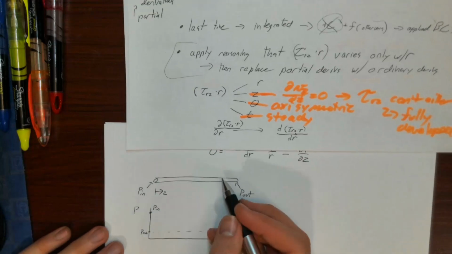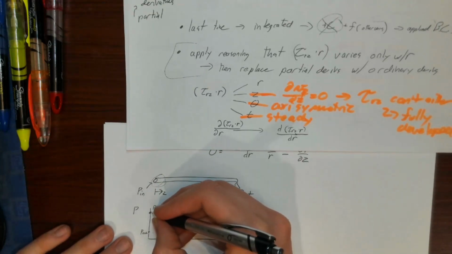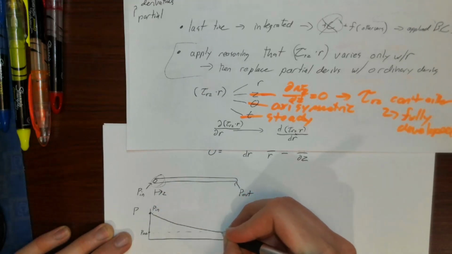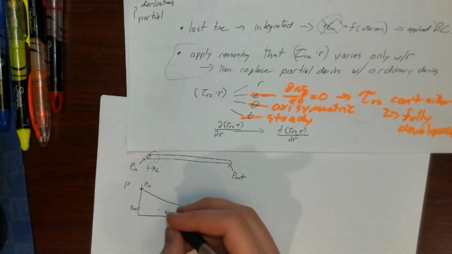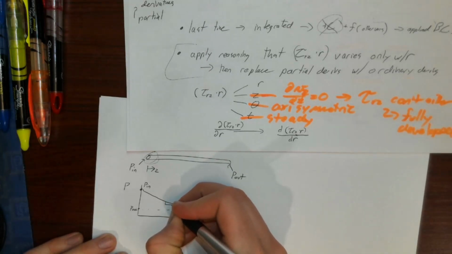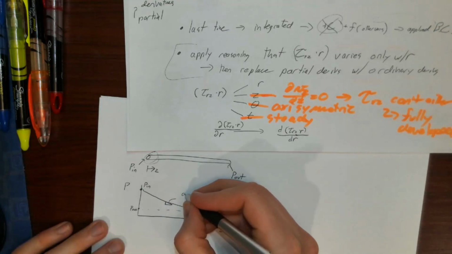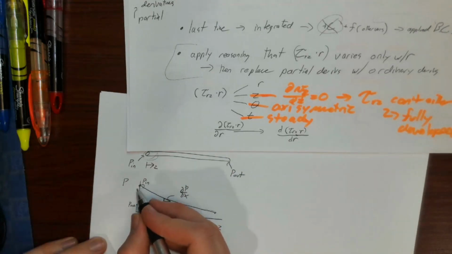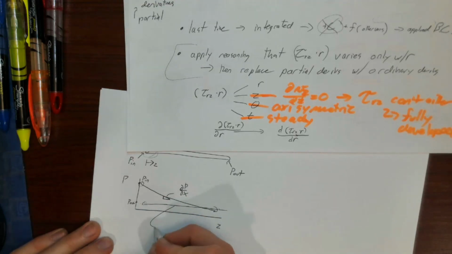And it turns out that there might be some goofiness right at the beginning of the pipe, but after that goofiness happens, pressure tends to vary linearly as we go down. And there's a very rigorous way to go about proving this, but basically the slope of this curve right here is dp dx. And for as long as we're not in this entrance region right here, within the fully developed